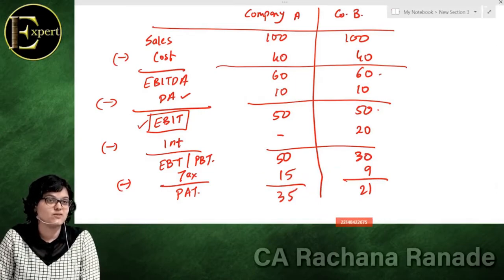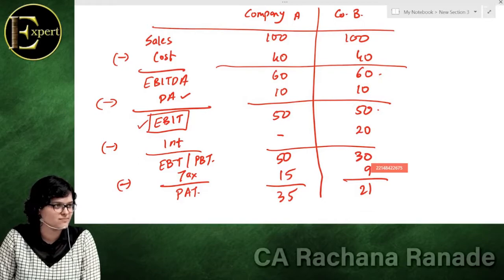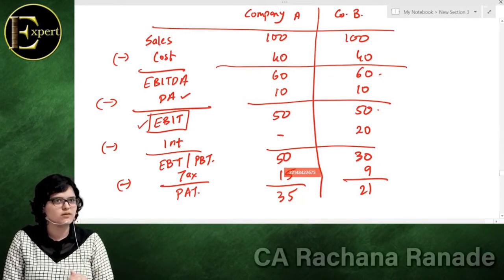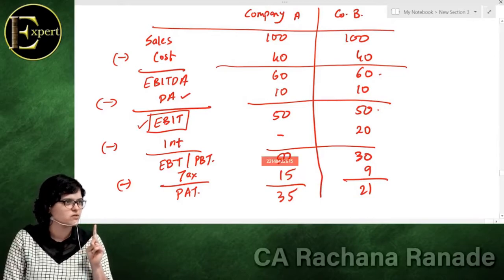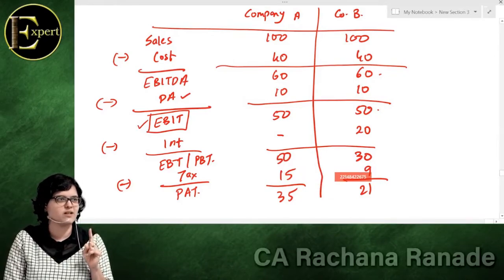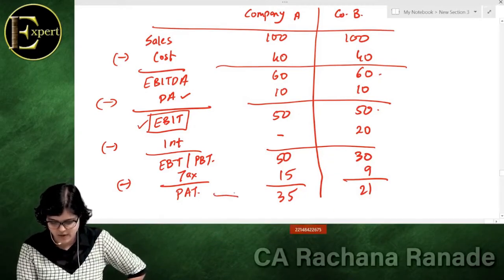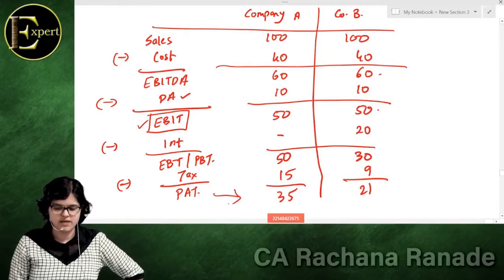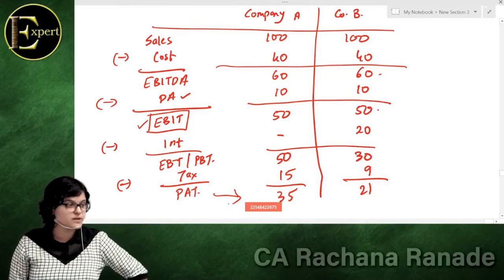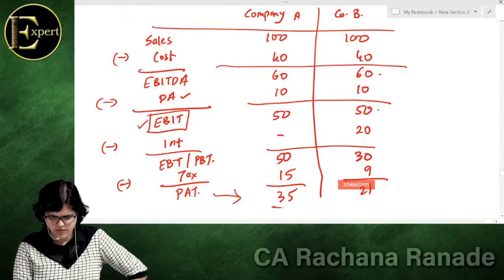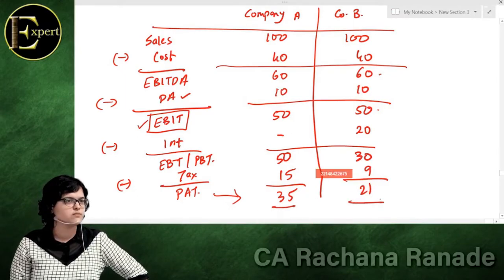So now your analogy is different. If you had not attended this lecture, think that you are in day 1 of your lecture. It's our first day of fundamental analysis series. Just assume this. If I told you that company A is making a profit of 35, company B is making a profit of 21, which company is better? You would have easily said 35, A company is better because profit is more.